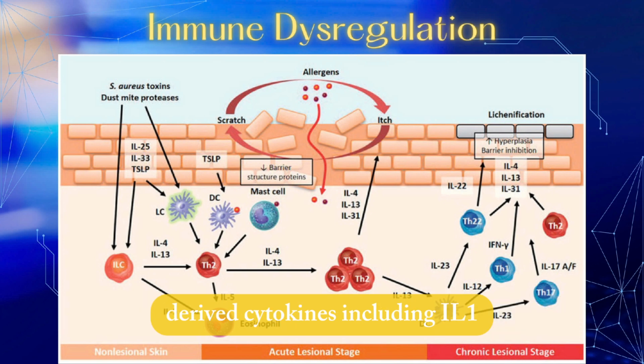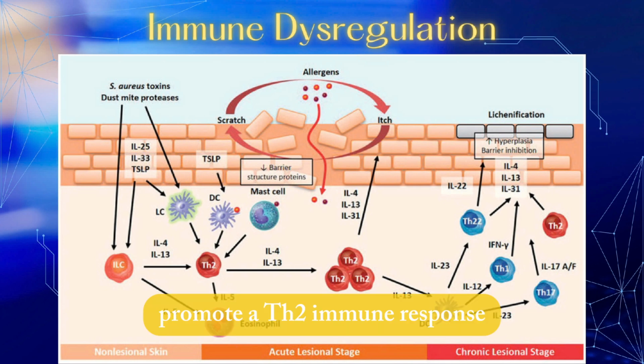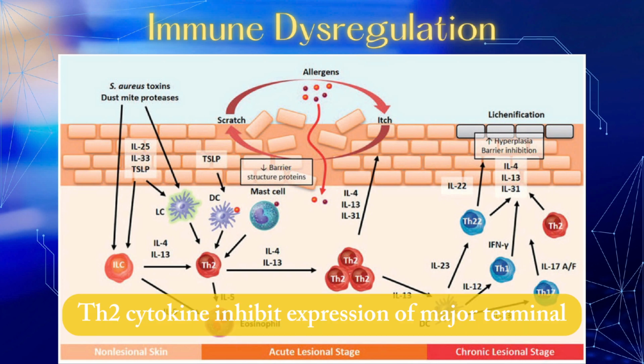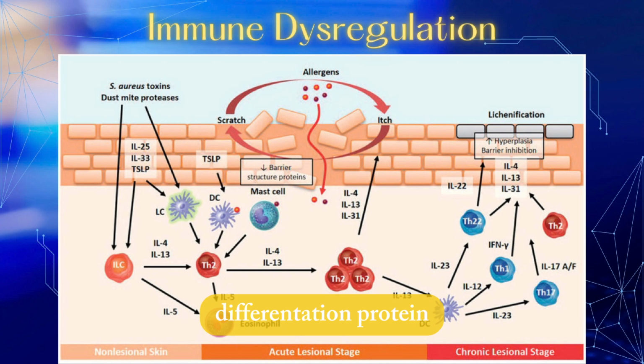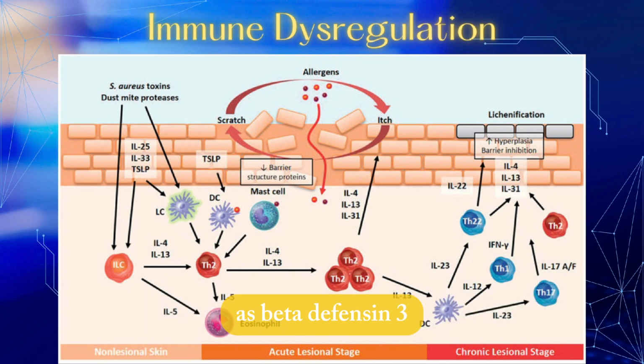Keratinocyte-derived cytokines, including interleukin-1, thymic stromal lymphopoietin, interleukin-25, and interleukin-33, promote a Th2 immune response. Th2 cytokines inhibit expression of major terminal differentiation proteins such as loricrin, filaggrin, and involucrin, as well as beta-defensin 3 and 2,